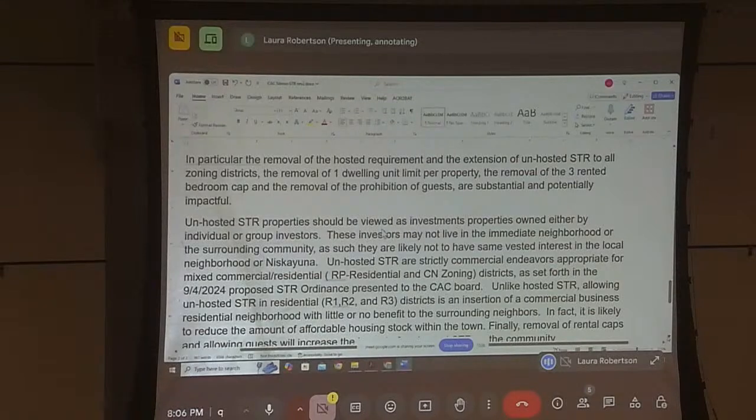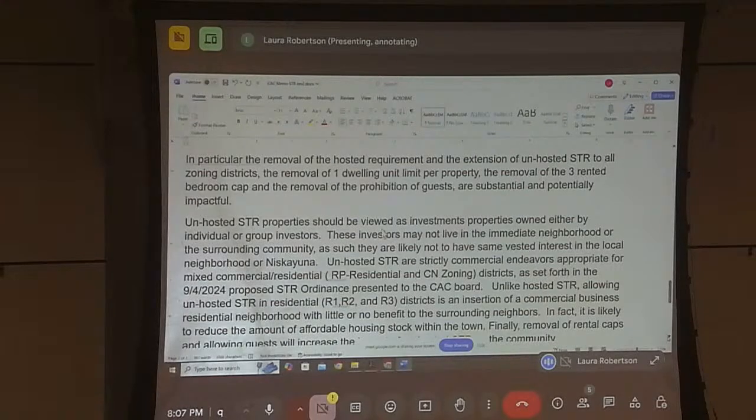In particular, the removal of the hosted requirement and the extension of the unhosted short-term rentals to all districts, the removal of 1 dwelling unit per property, and the removal of the 3 rental bedroom cap, and the removal of the prohibition of guests are substantial and